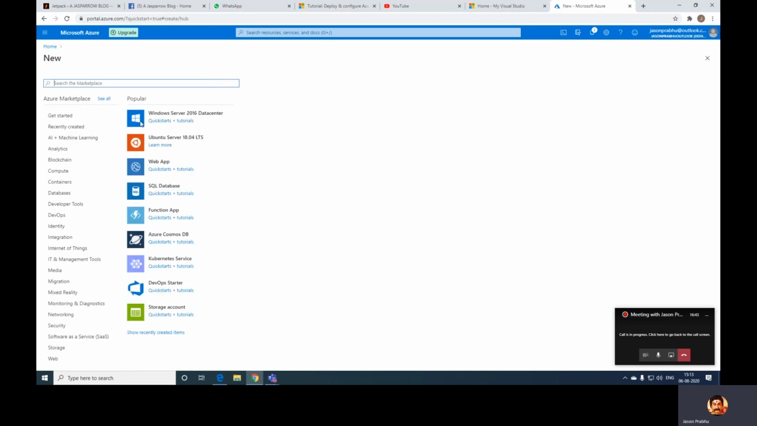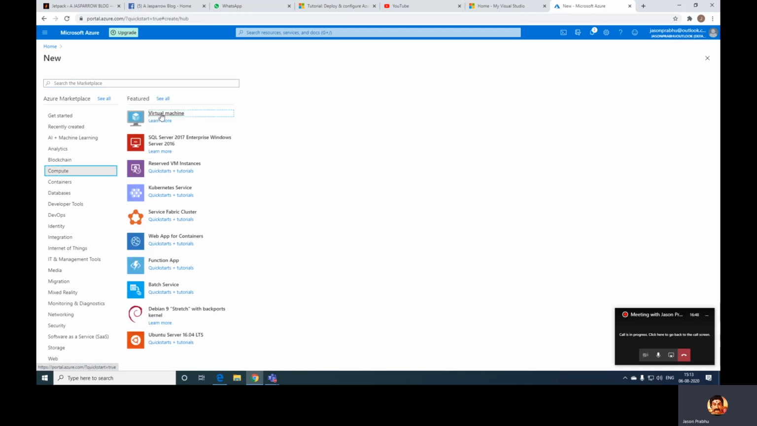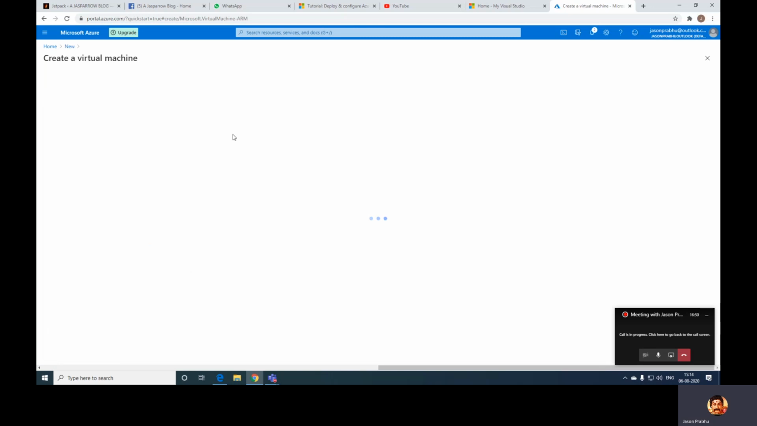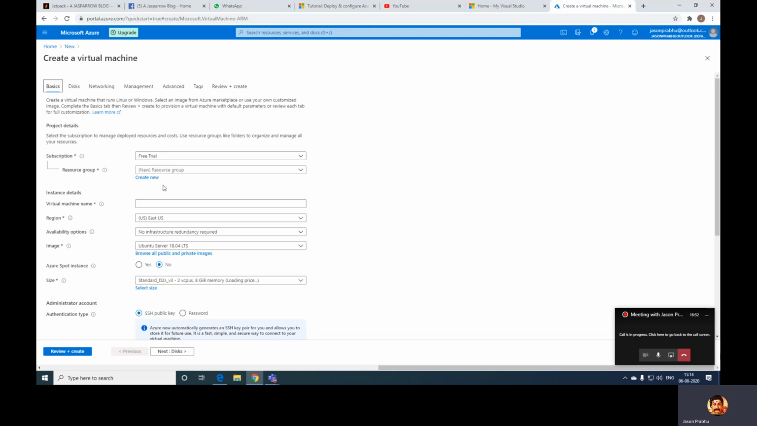You can do a quick start, or you can go to compute and click on virtual machine, and we are going to choose a 2016 Windows Server this time. And first of all, select your subscription, and select the resource group to which the virtual machine belongs. So the virtual machine name, we're going to give as our